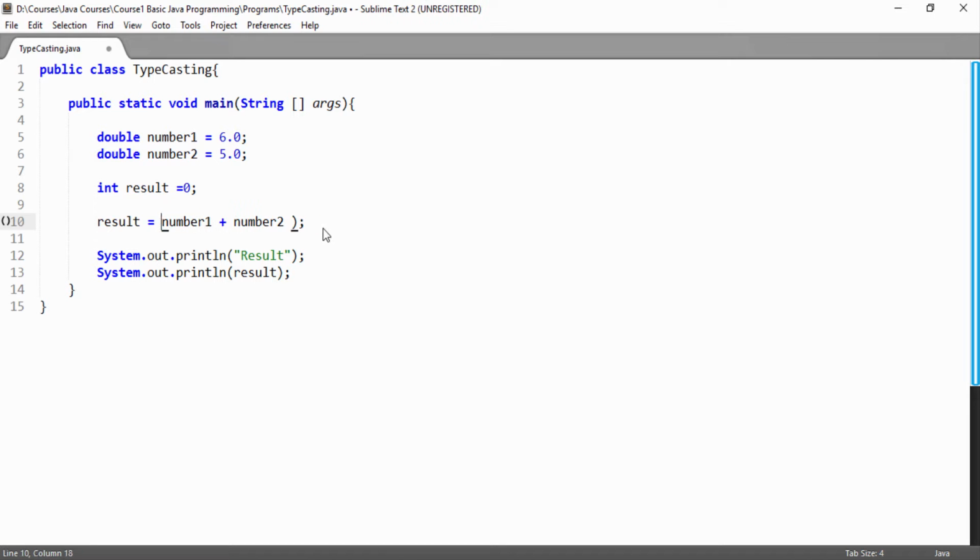Now we will do widening typecasting, and as we know it is done automatically. We will convert the result to double. Now we are saving the sum of number 1 and number 2 variables in result, and as we know, the result variable is of type double, it has 8 bytes, and number 1 plus number 2 has 4 bytes, so no data will be lost.